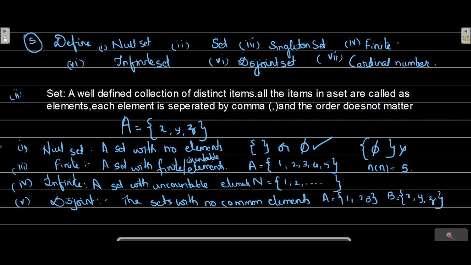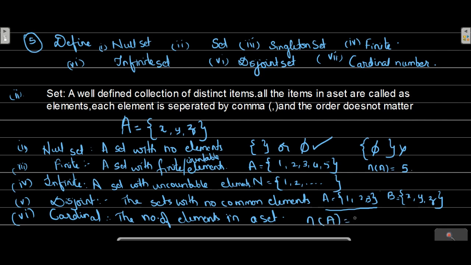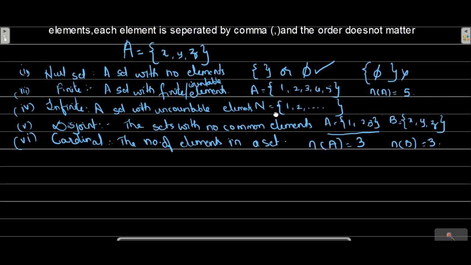Now, the last one is cardinal number. What is a cardinal number? The number of elements in a set is called its cardinal number. If you take this same set A, what is the cardinal number of A? 3. Now the cardinal number of B, again, is 3. So the number of elements in a set is called its cardinal number. Hope that's clear. Next one,